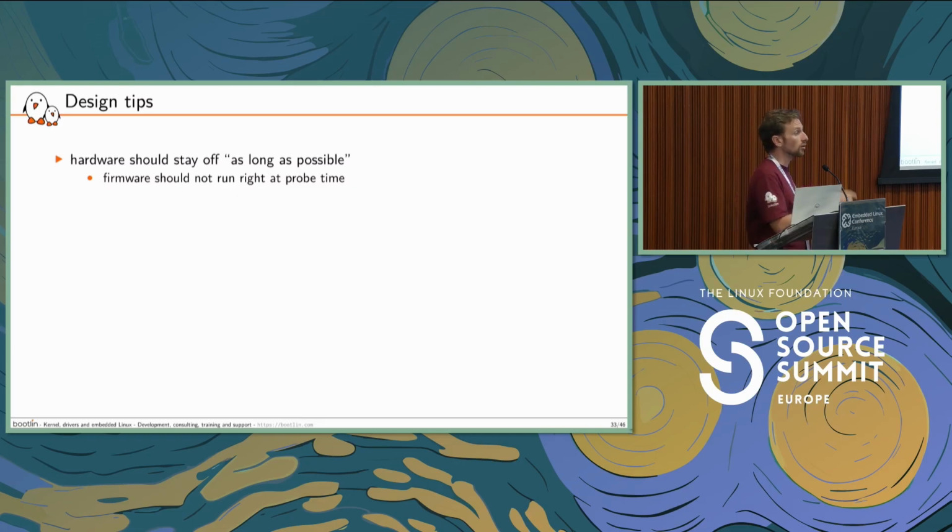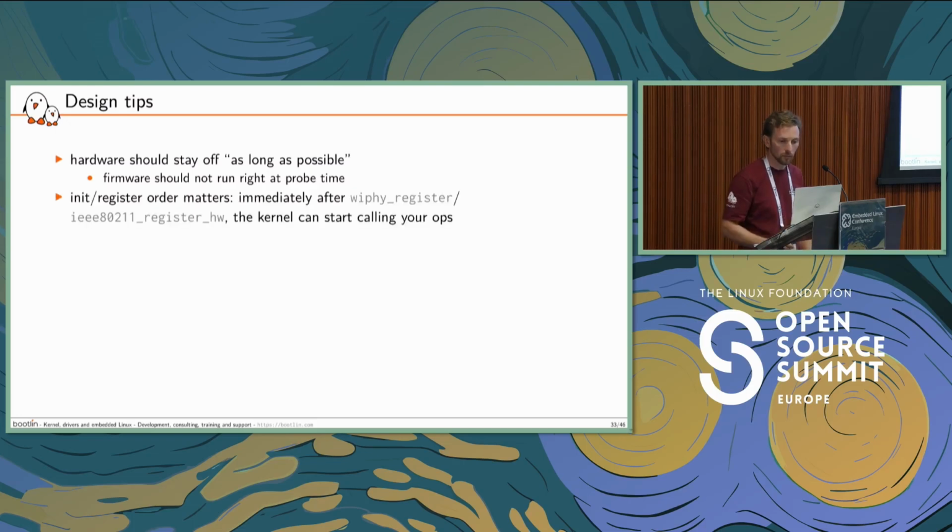That's why you have all those start-stop ops implemented. That's a good place to start actually loading a firmware, for example. That's where you will start listening for the interrupt about received messages. But as long as the interface is down, as long possibly as you don't have any virtual interface on top of your wiphy, you don't need to make the firmware run and initialize all the hardware.